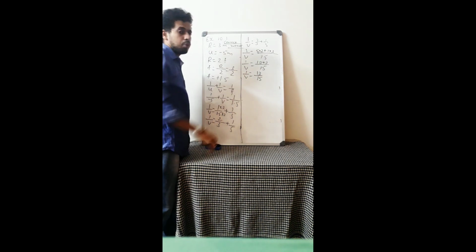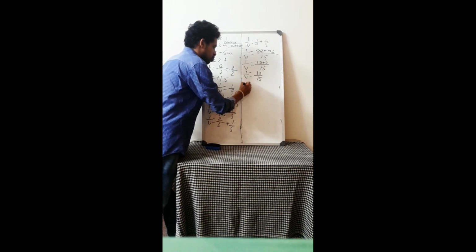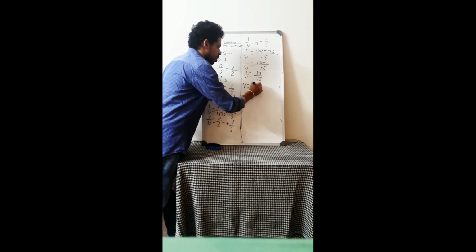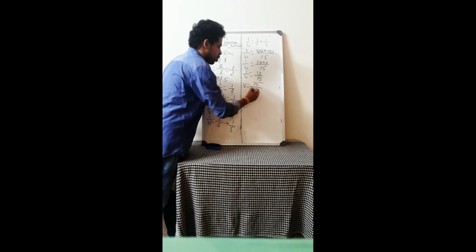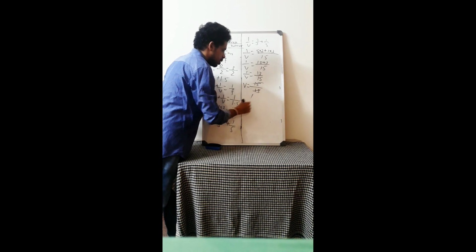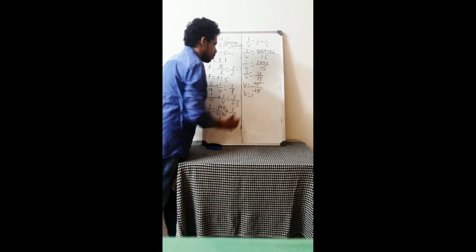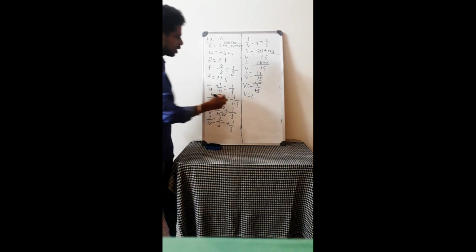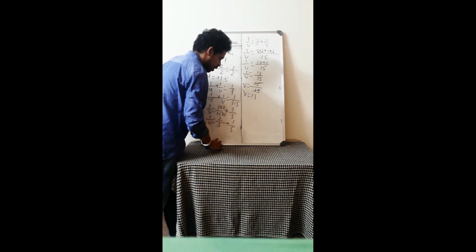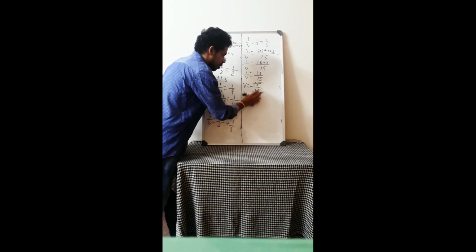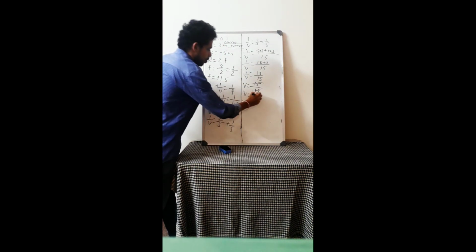Take the reciprocal on both the sides. You will get V is equal to 15 by 13. If you divide this out, 13 ones are 13, you will be left with 2, then 0. Again 13 ones are 13, 7 will be left out. 13 5s is 65.